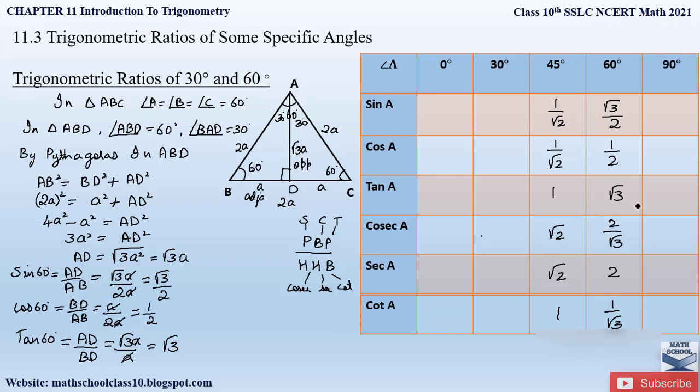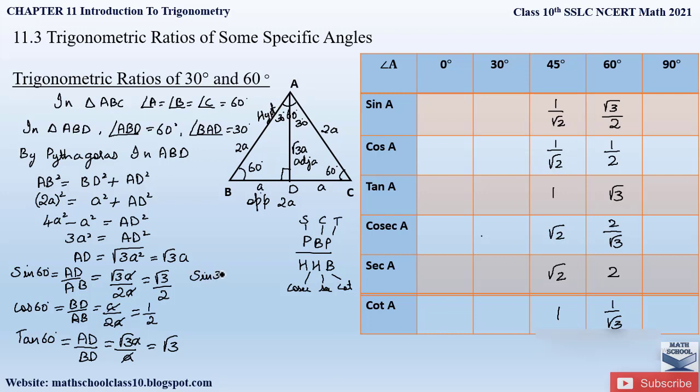So guys, please verify the cosecant, secant and cot values by substituting the trigonometric ratios as I have done for sine, cos and tan. Now let us find out the trigonometric ratios for the 30-degree angle. Okay, now we are considering angle BAD as the acute angle. So the side opposite this angle BAD will be our opposite side. The side along will be our adjacent side, and AB will be our hypotenuse, which will be common.